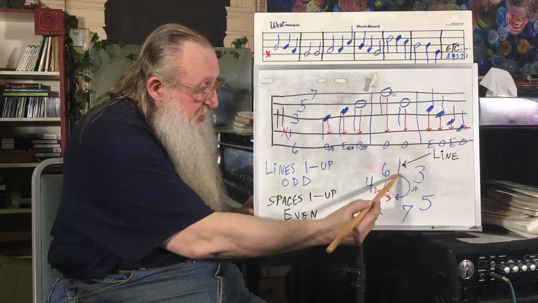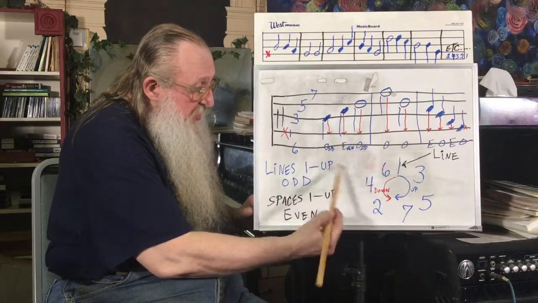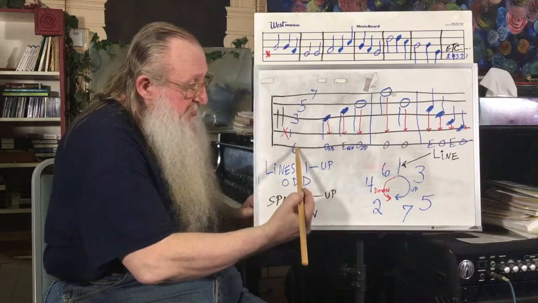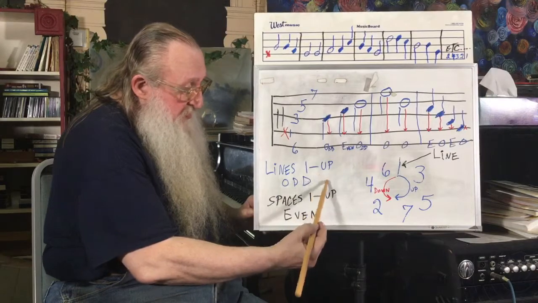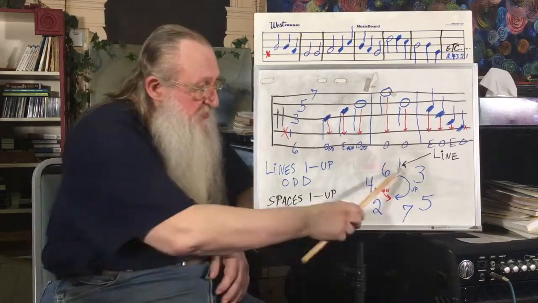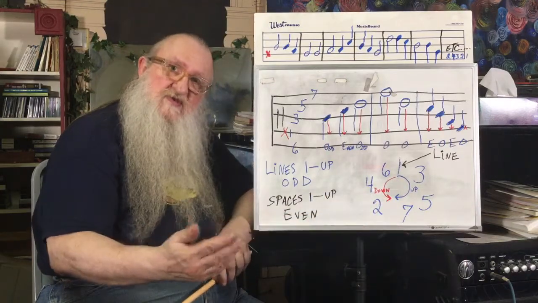So we're rotating down. 6. If I go down to the ledger line below here, that's going to be 4. And if I have 2 ledger lines below here, it's going to go down to 2. So it's going 1, 6, 4, 2. And then the space down here would be where our new 1 is. Okay? So learning to rotate this backwards is probably the most difficult thing to do, and that's the thing you